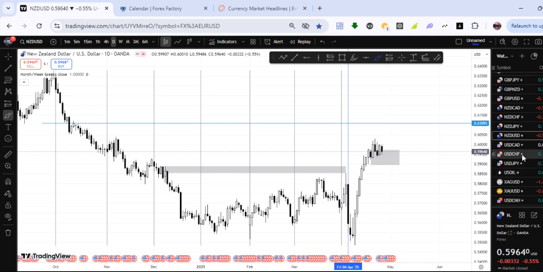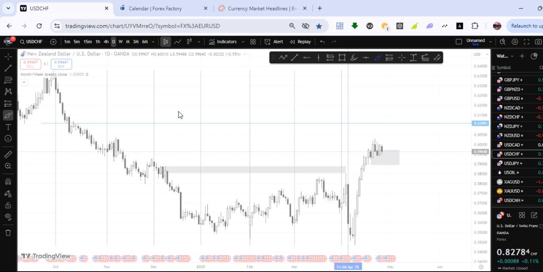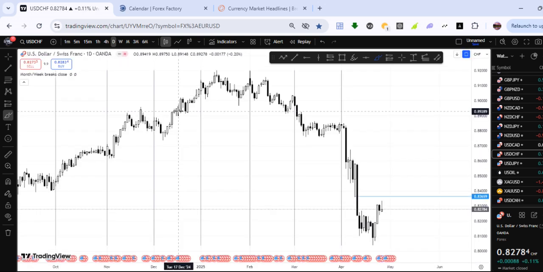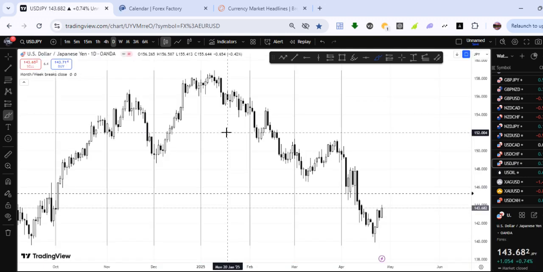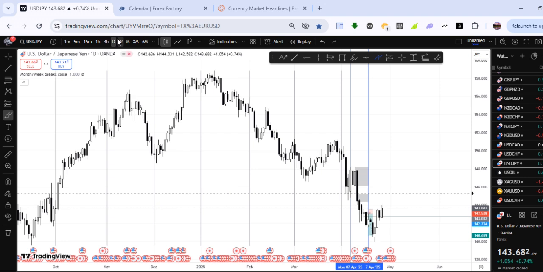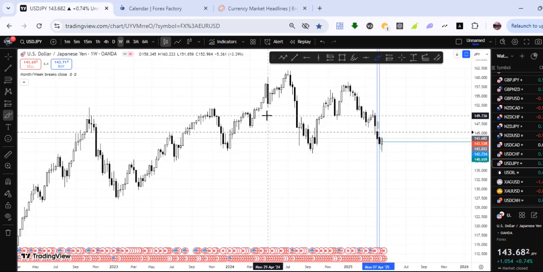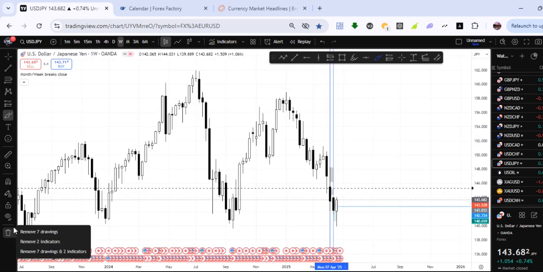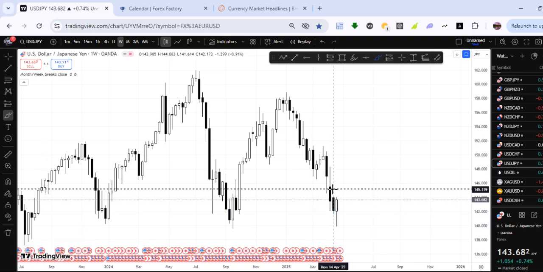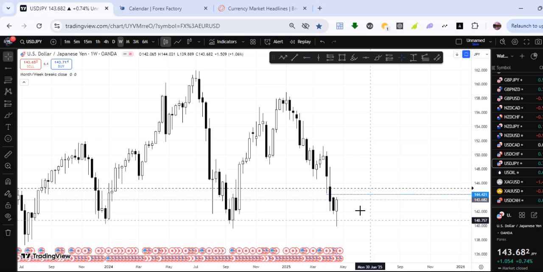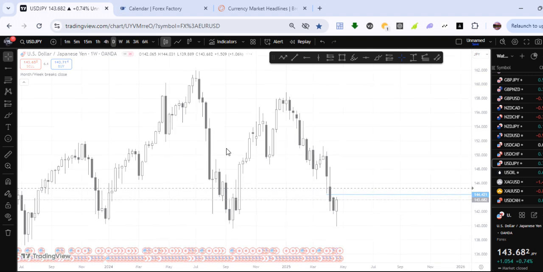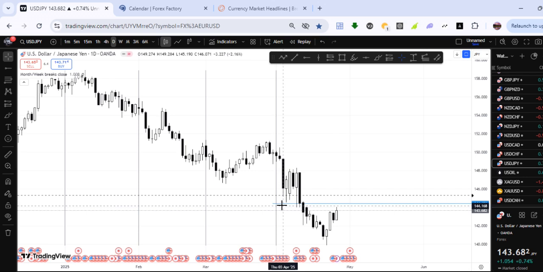It still works. We have the Swiss, which is not up to my supply zone yet for a short, and I wouldn't even want to short it yet. I'd prefer shorting the USDJPY. What I'm saying here is price coming to this, there's this imbalance here which has to be filled, and if you look at it, it has a supply on the daily time frame, so it is the entire supply area.